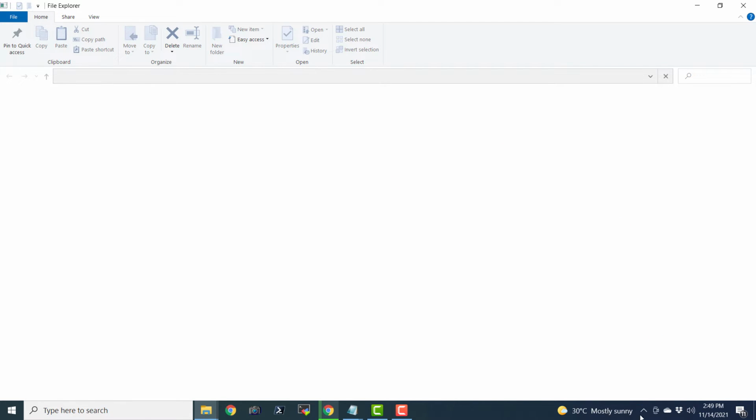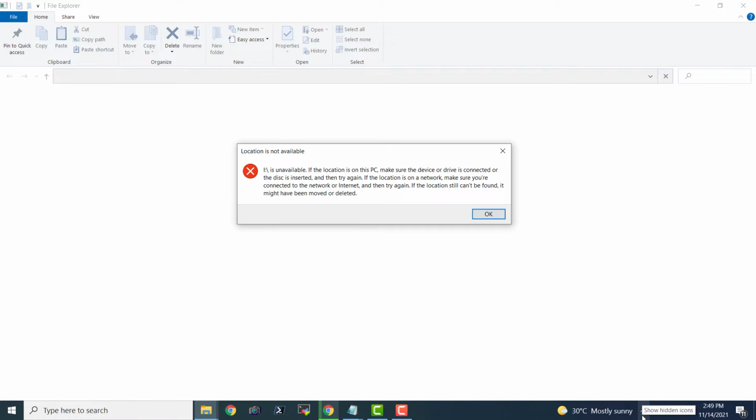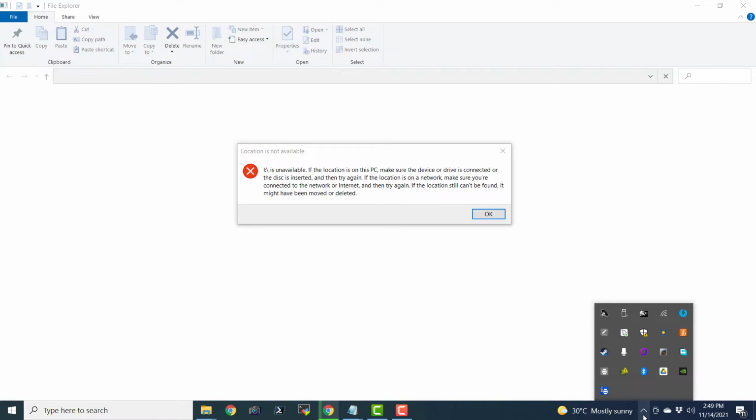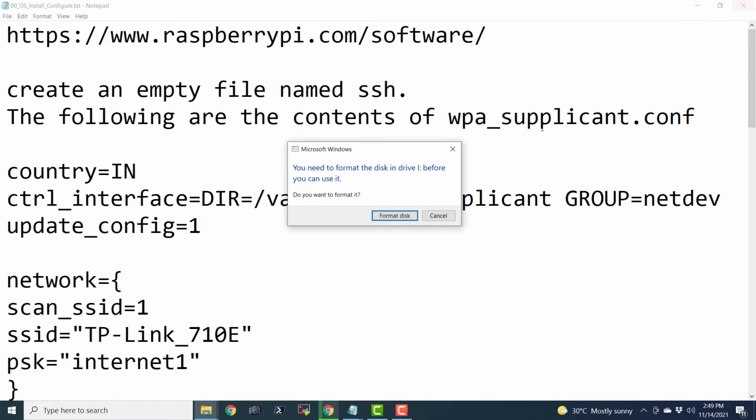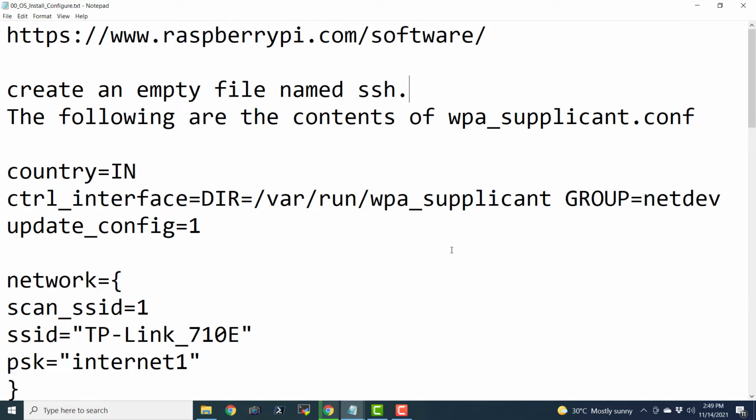Now I'm going to go to this option in the Windows taskbar, and here we have the option to disconnect. Okay, so it has already unmounted it from the file system. So I'm just going to close all the windows, disconnect it, and connect the micro SD card reader again to my motherboard using USB connection.